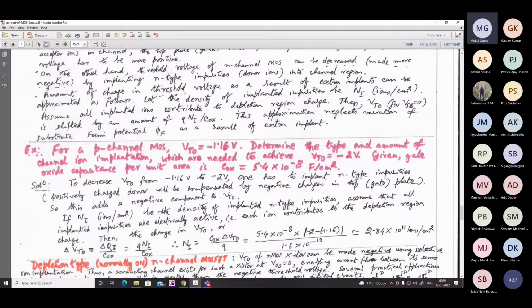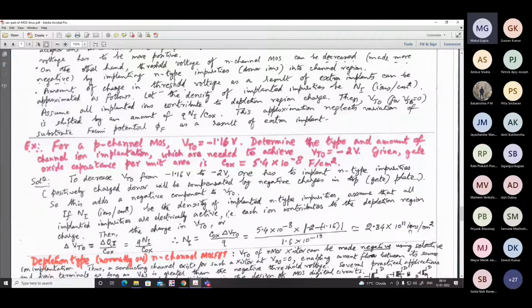Let Ni be the density of implanted N-type impurities. Assume that all implanted impurities are electrically active, that is, each ion contributes to the depletion region charge. Then the change in VTO is given by this, or Ni equals Cox into delta VTO by Q, that is 5.4 into 10 to the minus 8 times 0.84 by Q. So it is required that 2.84 into 10 to the power 11 ions per centimeter square is the required concentration